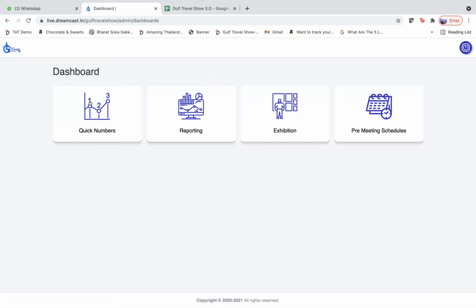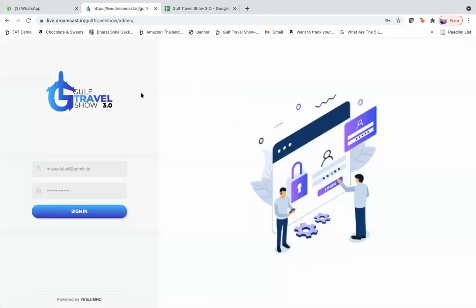Any questions before we move on to the front end of the platform? Aishman, any questions before we move to the front end? No, I'm fine. So just a little bit of tips and tricks. Don't log in from the back end and the front end on the same browser. You should log in from different browsers. You can use Google Chrome, maybe Mozilla Firefox for the back end and so forth. If you log in from the same browser, there might be a technical glitch.